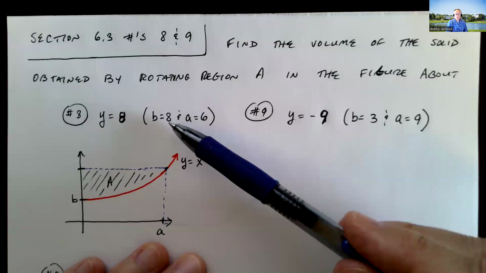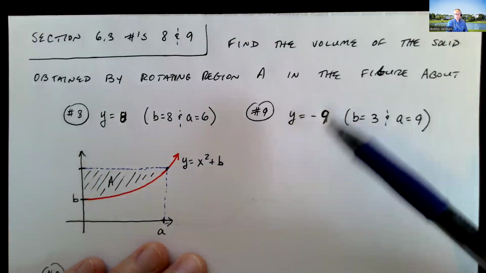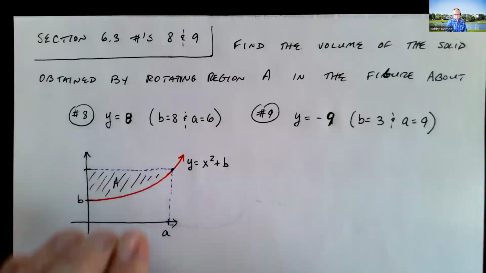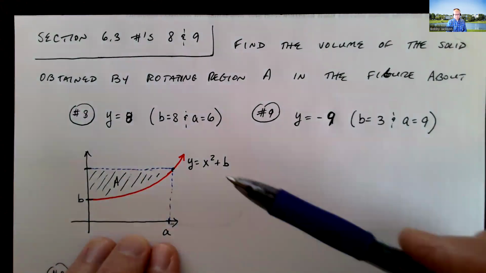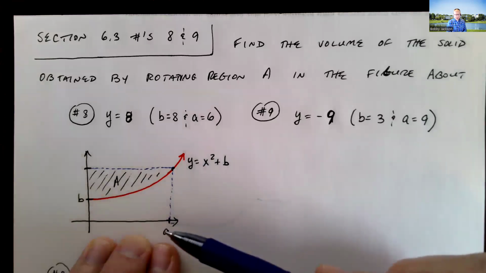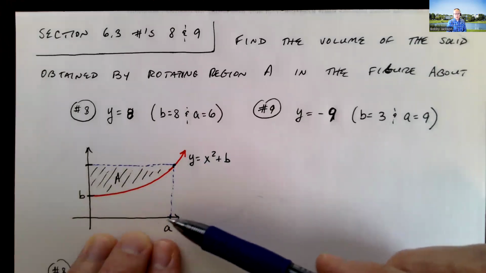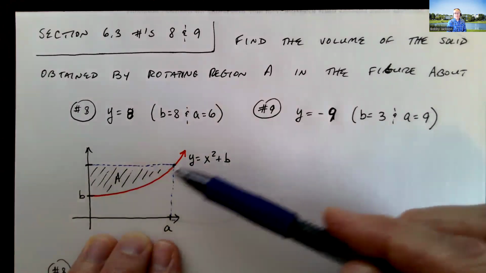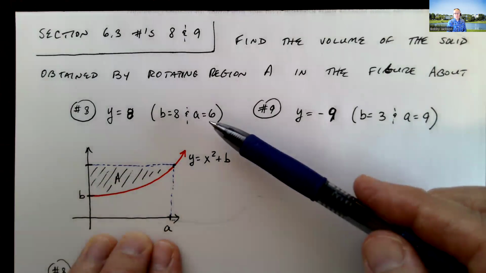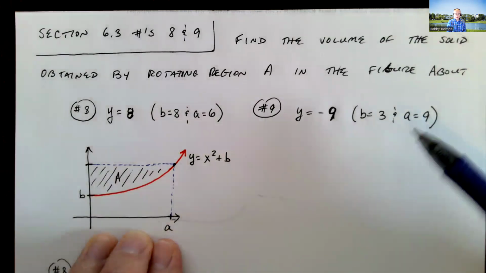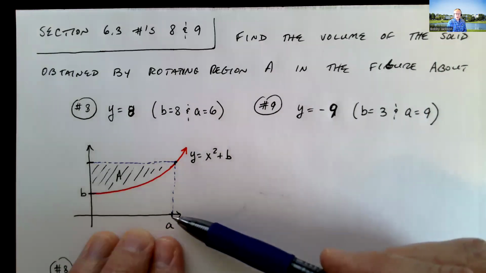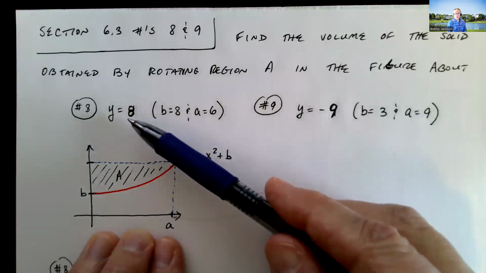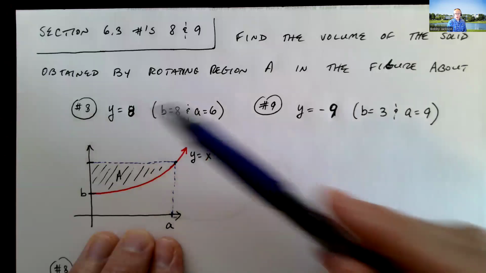In my number 8, b was 8, and in my number 9, b was 3. So those numbers will vary. Basically, that just shifts the parabola up or down along the y-axis. And then a here is an x value that denotes the boundary of region A. It varies as well. In my number 8, it's 6, and over here it's 9. So your numbers could be slightly different,